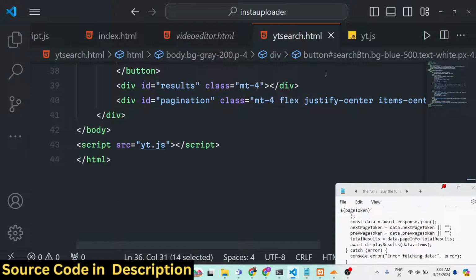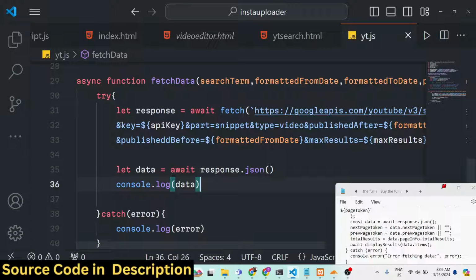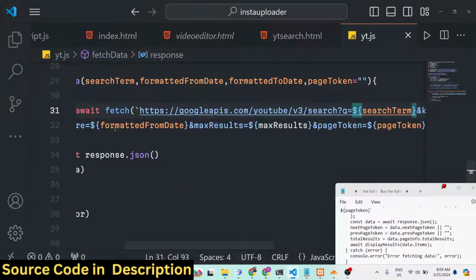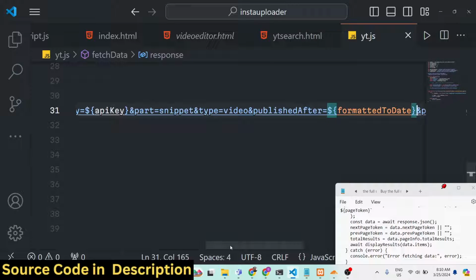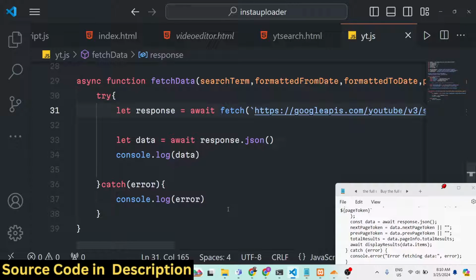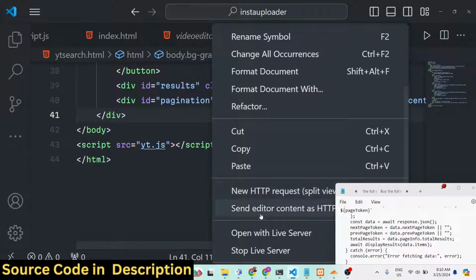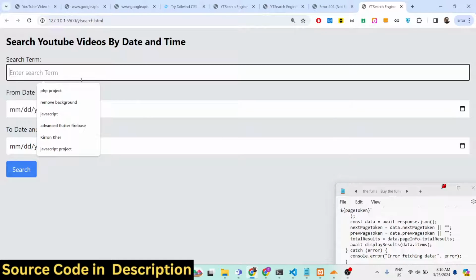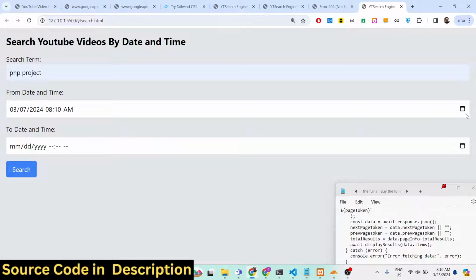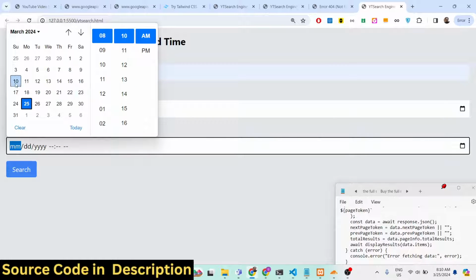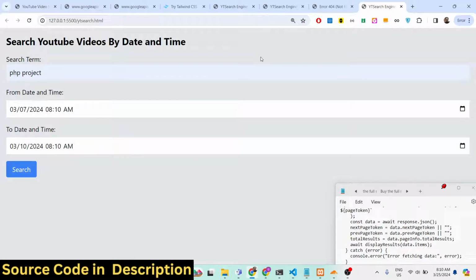We cannot write like this. We do need to write it on a single line. So I will simply shift everything into a single line. We don't have to have spaces right here. Just make sure that you put it in a single line. Now it is looking perfect. If I want to run this now, and PHP project, and I'm searching here from 7th March up till 10th March, and click on search here,